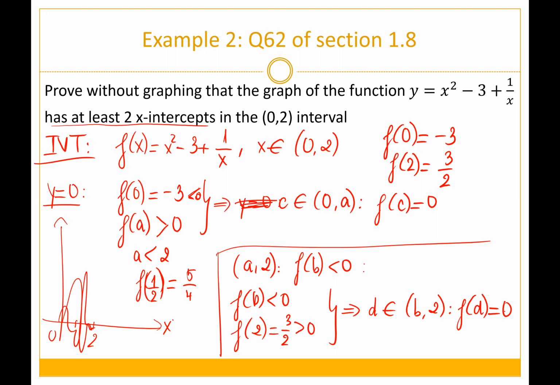How can you conclude it? Because y equals 0 is between f of b and f of 2, because one is negative and one is positive. And this b I found is equal to 1, because I found f of 1 to be -1. And so I can conclude that the graph of the function